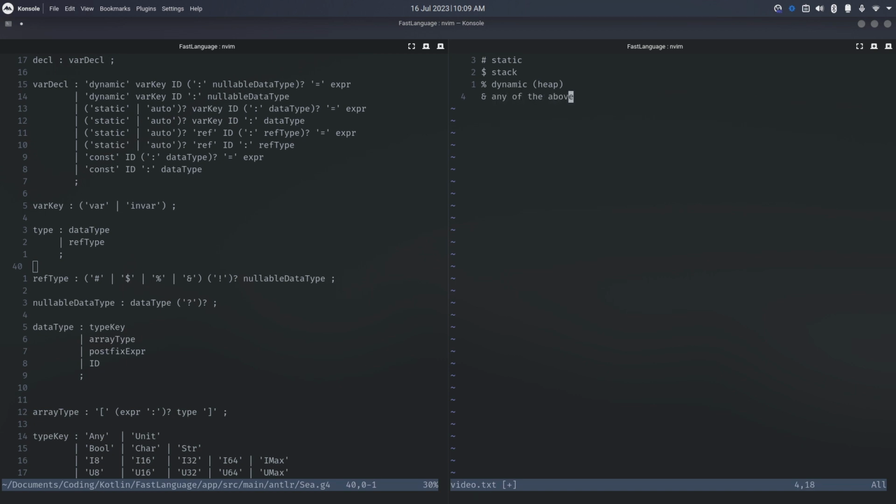So the question is why? Well, because it would be nice to know where pointers are allocated. If you know that this pointer is a pointer to the stack, then I'm going to add some sort of either function or operator that will allow you to essentially call free, right? And if you pass in a pointer to a function and you call free on it, but it's a stack pointer,